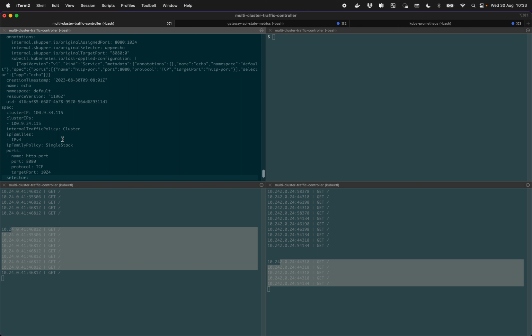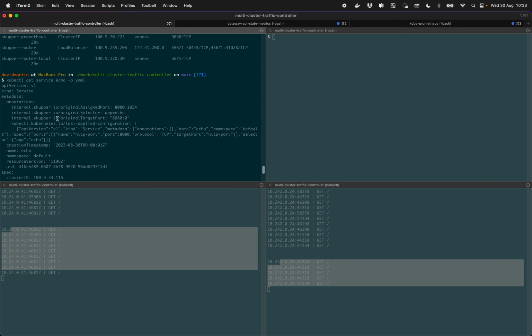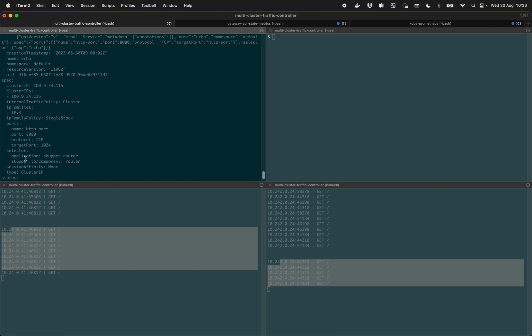So what did we originally have? Well, Skupper just stores that in a couple of annotations up here. What was the original assigned port, the original selector, the original target port. So if you decide you no longer want to expose this service over the Skupper network, Skupper will take these original annotations here and apply back whatever they should be. So for now, when you hit this echo service, it actually goes to this pod here,